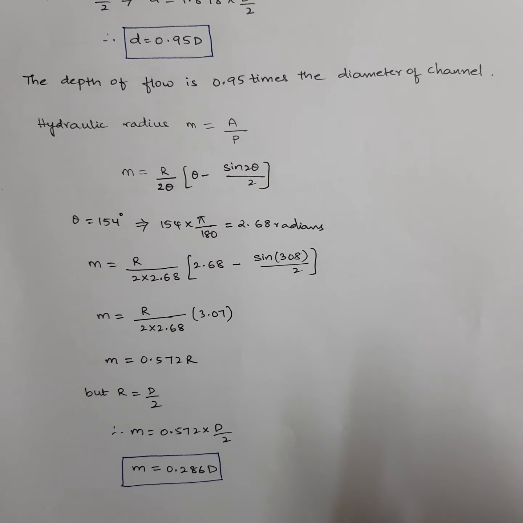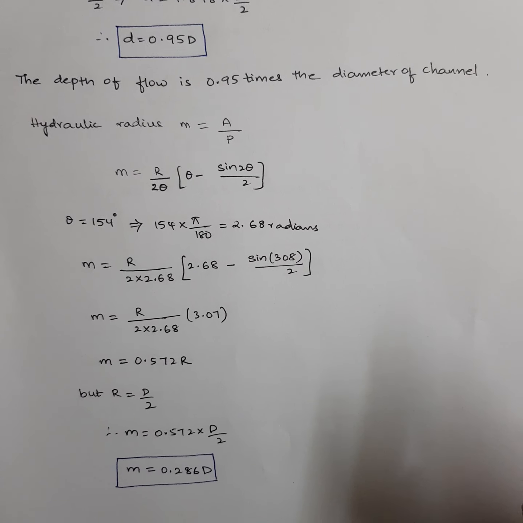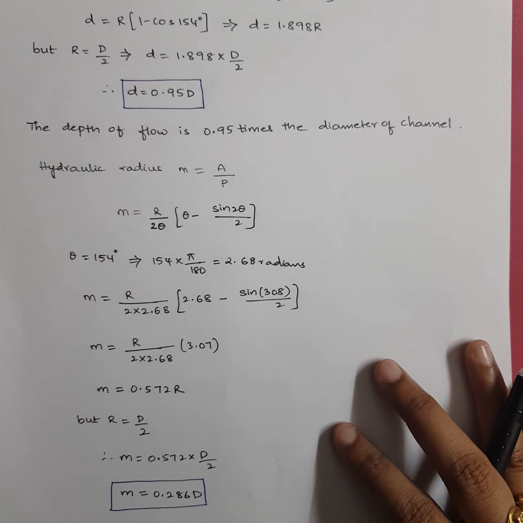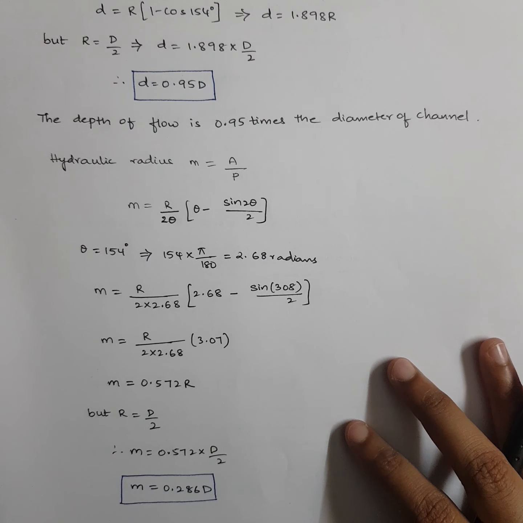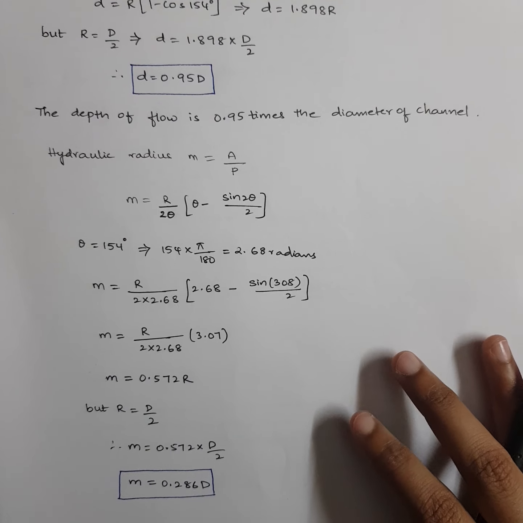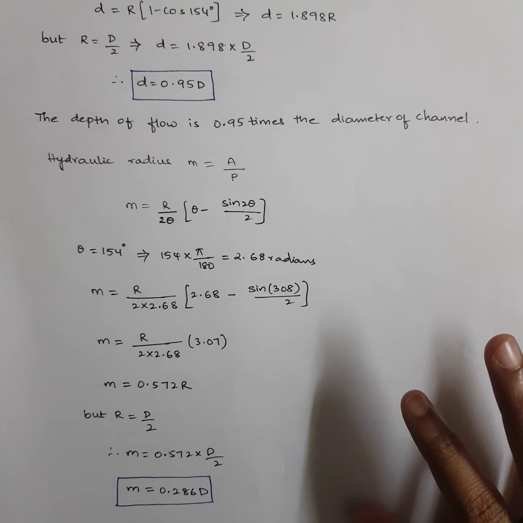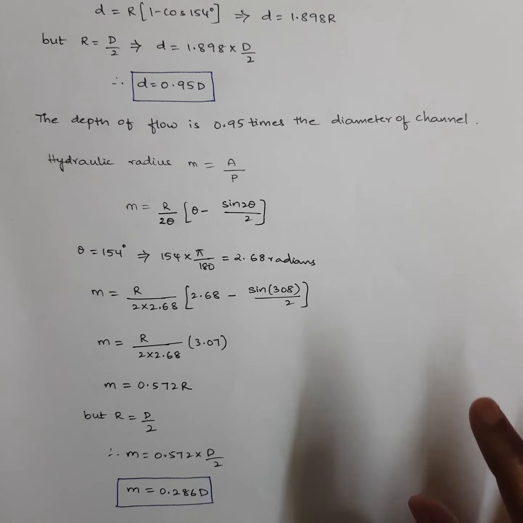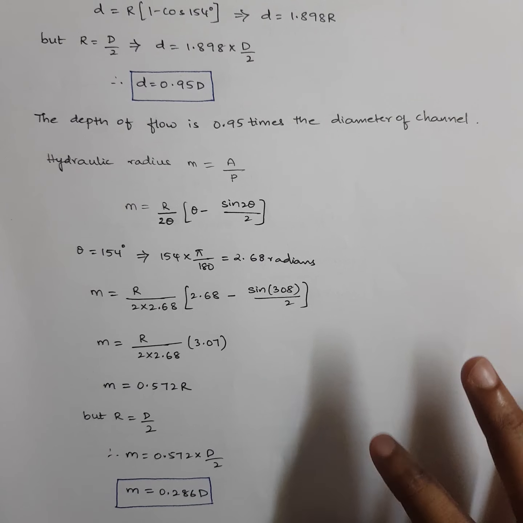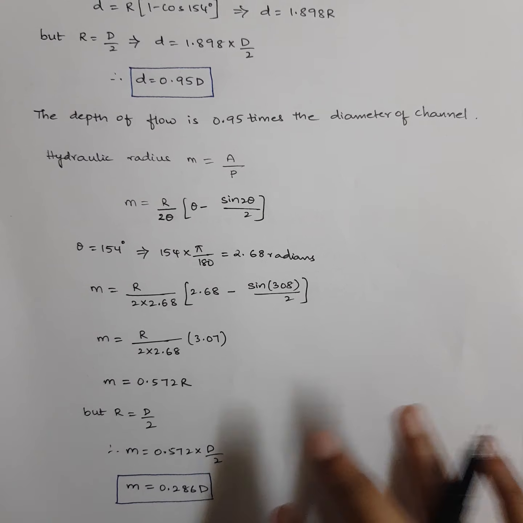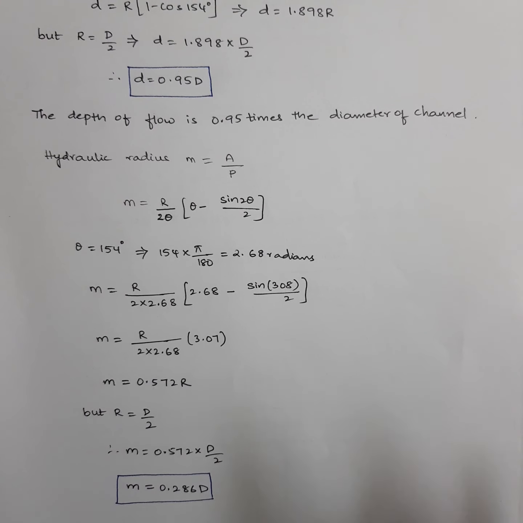So when you are doing it for a circular channel, what I want to tell you most importantly is that we have two conditions, the condition for maximum velocity and the condition for maximum discharge. If you are doing numericals, they will give you very clearly whether it is the discharge condition or the velocity condition. If a condition is given, you have to remember three things in mind. One is the theta value, next is what small d is equal to, meaning how many times capital D, and third is what m is equal to. Okay, this you have to remember.